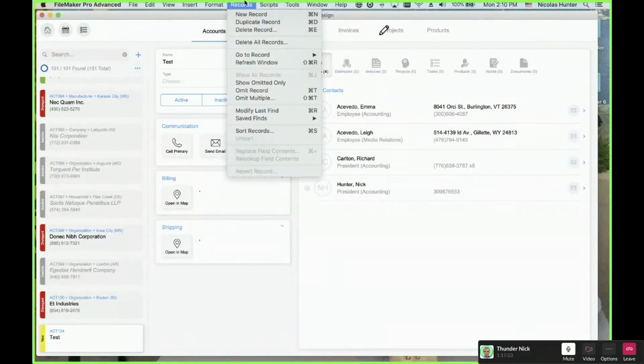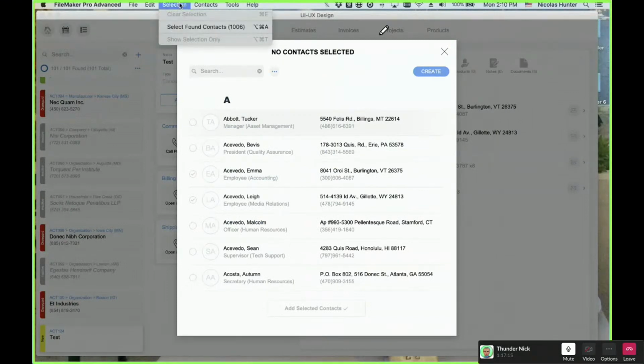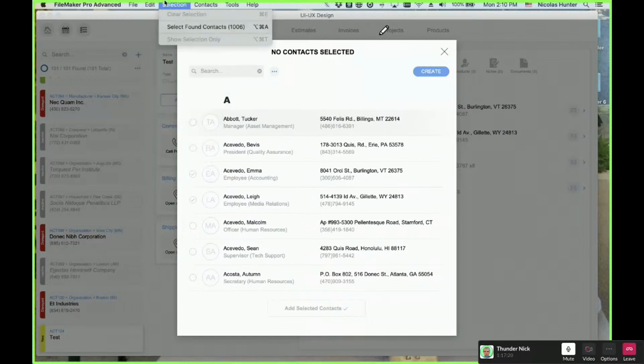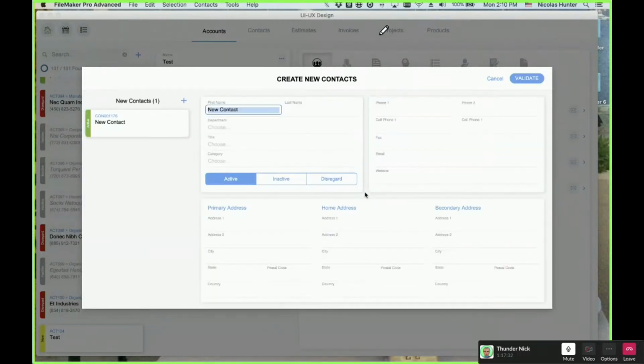And instead of saying records, you say accounts. New account, duplicate account, delete account, right? Exactly like I did here. Here is all about contacts. That's about selection, my contacts here, and you copy paste and everything there. Stay the way it is. And learning Command N, Command E, those are Command N. It's proven that having 200,000 buttons on the layouts is much more confusing than having